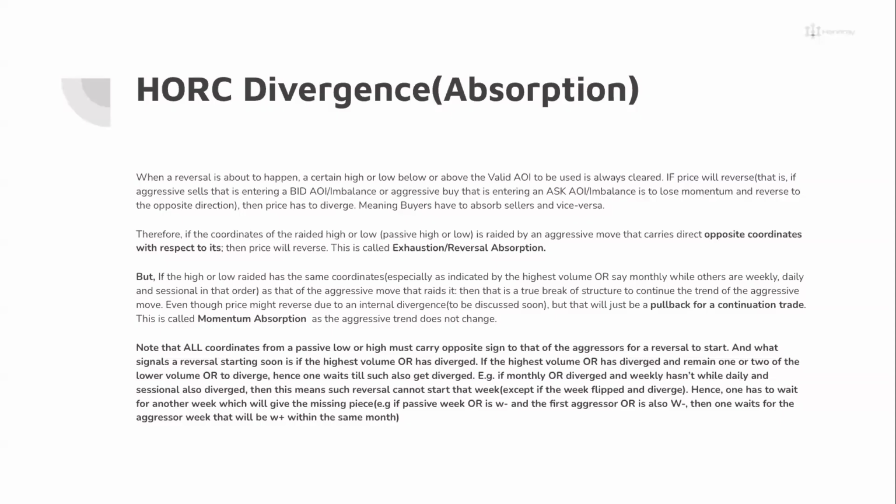That is, if aggressive sales entering a bid AOI imbalance, or aggressive buy entering an ask AOI imbalance, of course, what you guys call supply and demand, is to lose momentum and reverse to the opposite direction. Then price has to diverge 100% of the time, meaning buyers have to absorb sellers or sellers